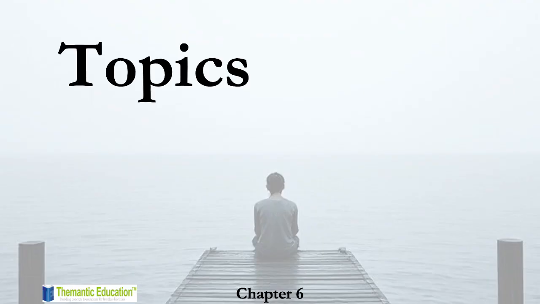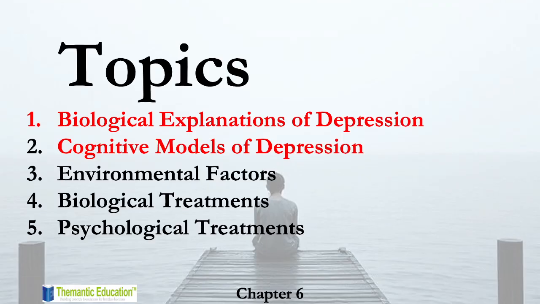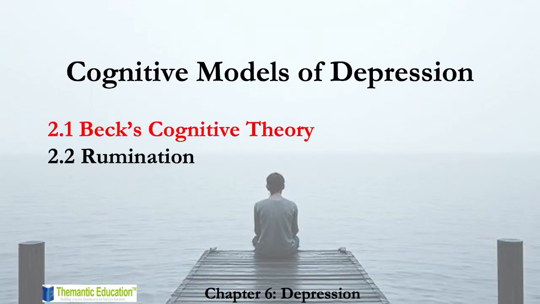Getting into the second topic, cognitive models of depression. Okay, so you see, really in this approach, we're following the guide, same topics as the guide, we're just packaging it in a more interesting way, I think. So we're looking at Beck's cognitive theory, and the second topic is on rumination and response styles theory. But if you like, you could simply remove that and do a couple of lessons on Beck's cognitive theory.